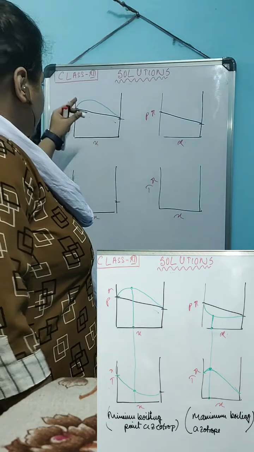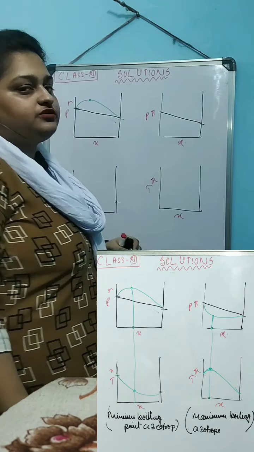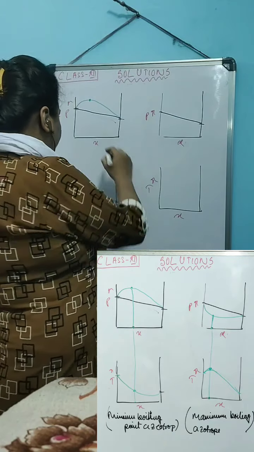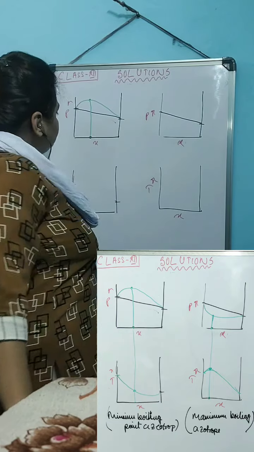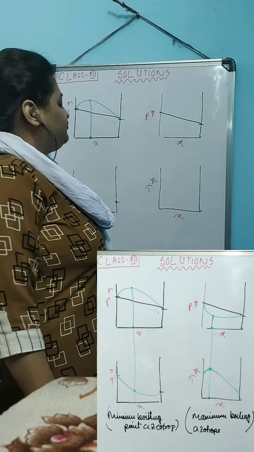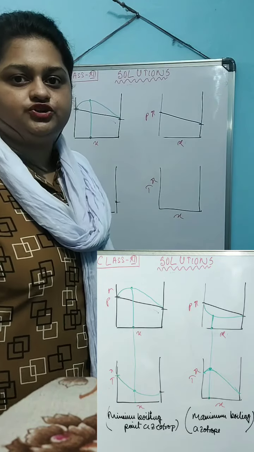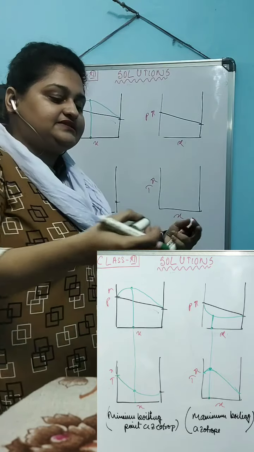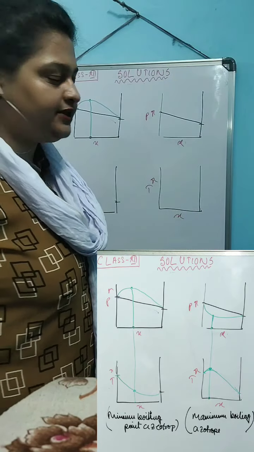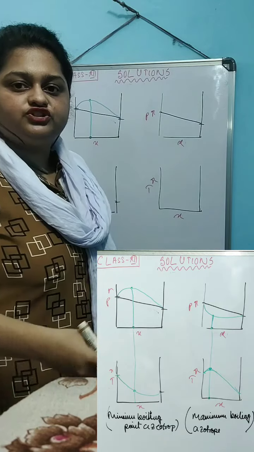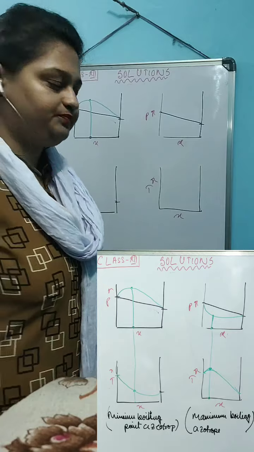Now you can clearly see there is a point where the vapor pressure becomes maximum, and it is represented by this point on the mole fraction graph. This is the mole fraction mixture ratio at which, if you mix the solution of alcohol and NaHN, you will produce a solution whose vapor pressure will be maximum for this kind of solution.